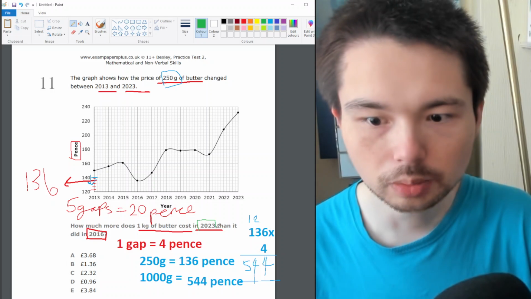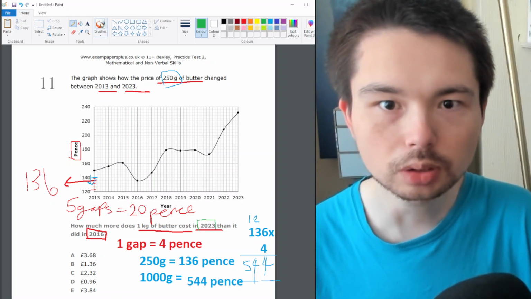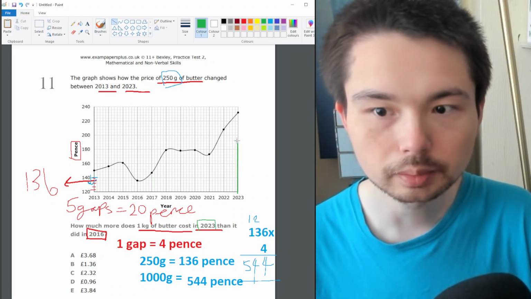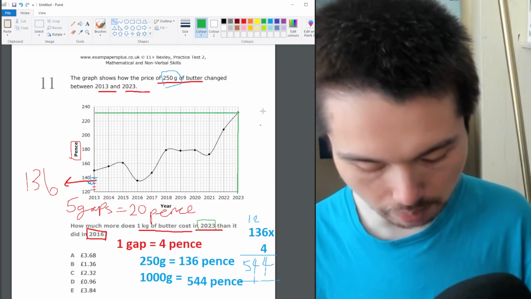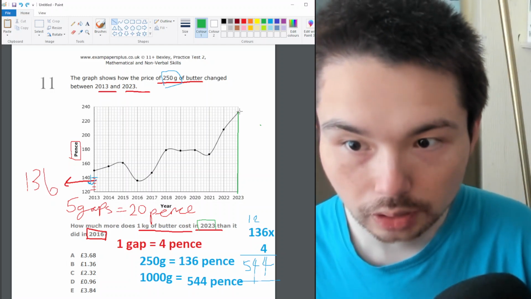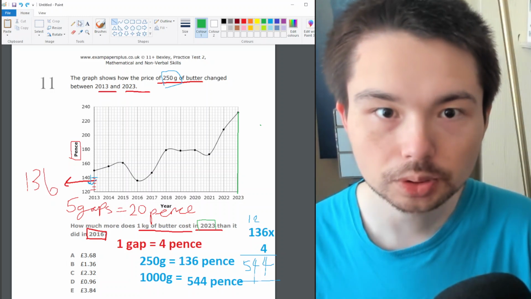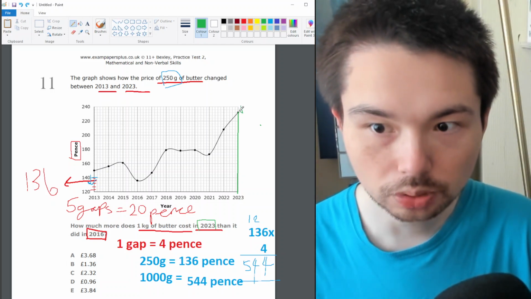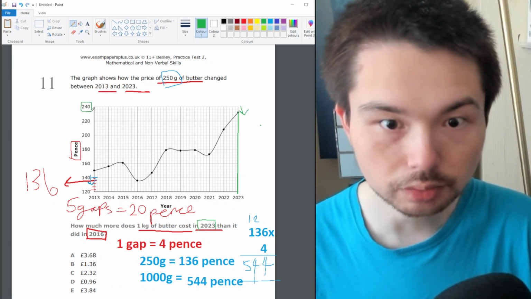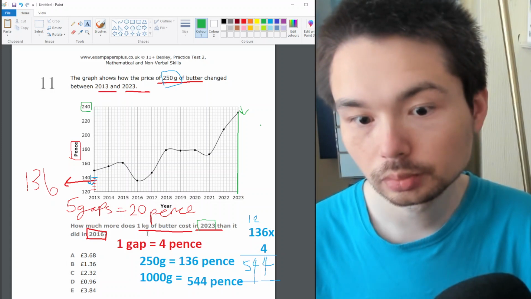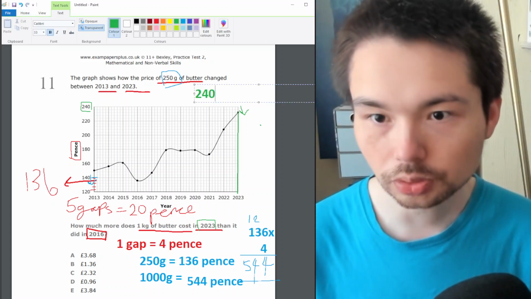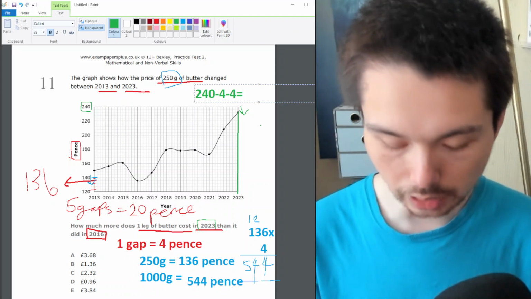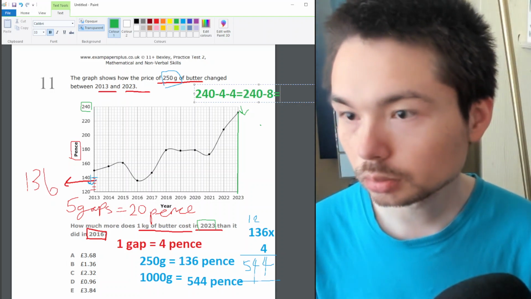And now 2023. Go up, go across. That's the last line. Up and across. If I go across to see that number, it's just going down 2 gaps. Going down 2 boxes, and we can see we're at 240. So, we go down 4 pence, then we go down 4 pence again. So 240 minus 4 and 4 again is like 240 minus 8, which is